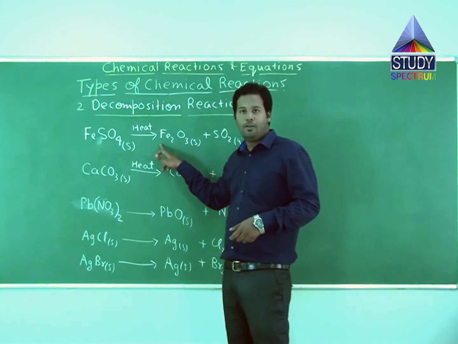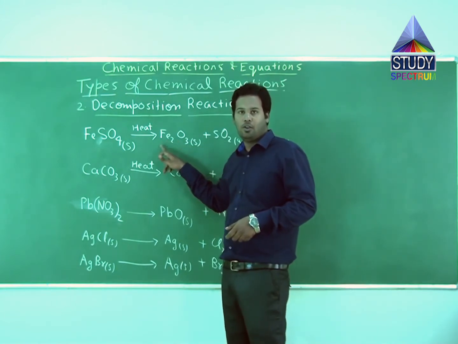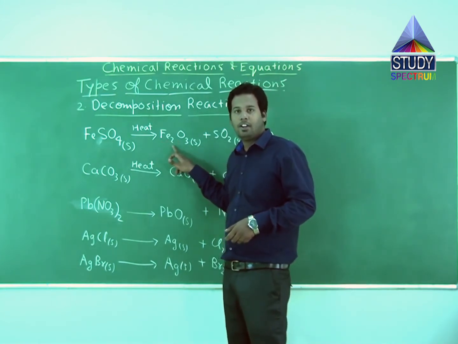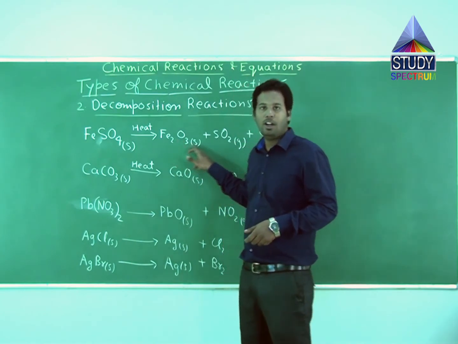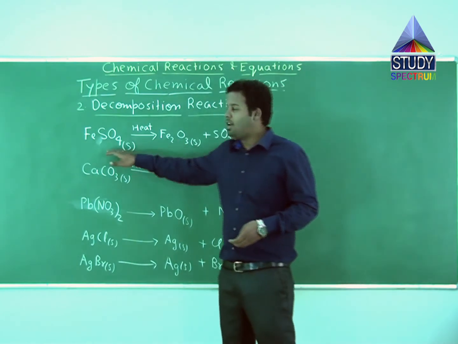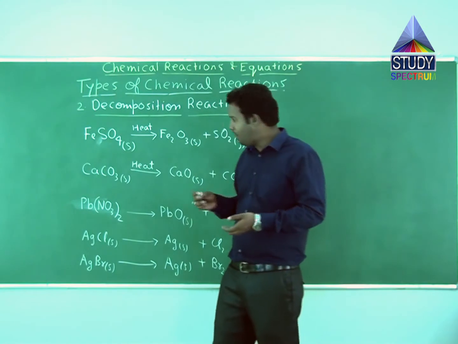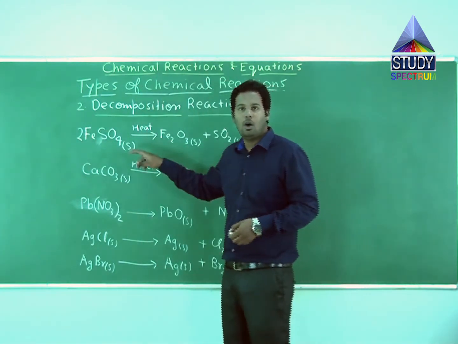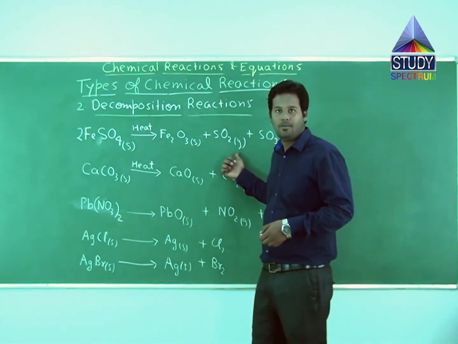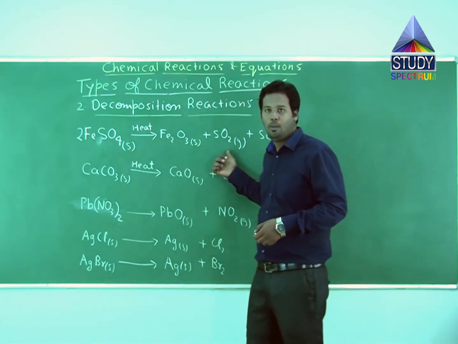The stoichiometric coefficient of this iron oxide is 1 as nothing has been written. The suffix of iron in this compound is 2. So 1 into 2 makes 2 atoms of iron in this product and also in RHS, whereas there is 1 iron atom in LHS. So if I place 2 over here, then the number of iron atoms in LHS now becomes 2 as in RHS. So the number of iron atoms is now balanced.